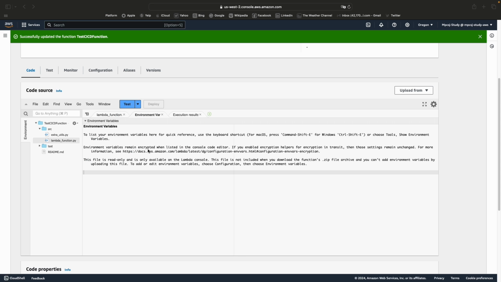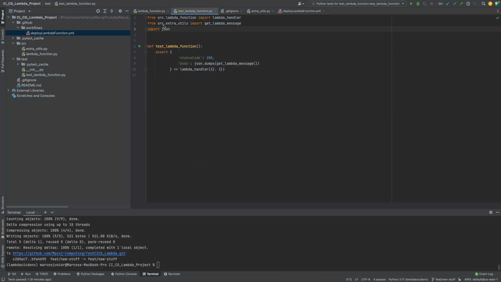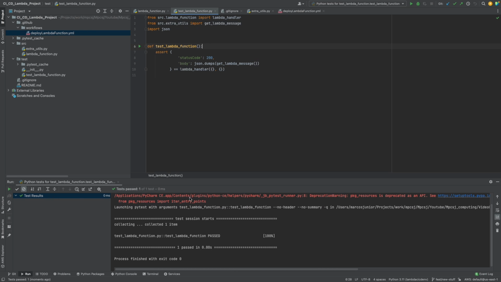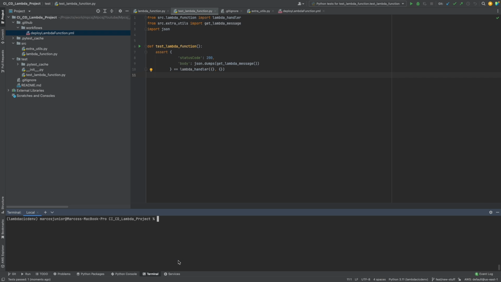Perfect. Now we have a test, and then we have the code also running on the Lambda function with the new structure using the src module. If we run here, you can see that the tests are passing. Test passed. Now, let's define the second GitHub action to be triggered whenever we make a pull request to the